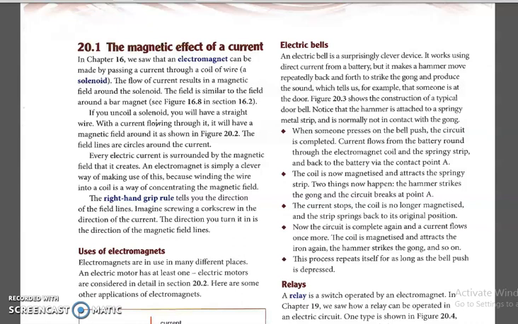We have studied that the right hand grip rule, or right hand thumb rule, will show the direction of the magnetic field and the direction of the current. So please take your right hand and hold your fingers. The index finger shows the direction of the magnetic field lines, and our thumb shows the direction of the current.